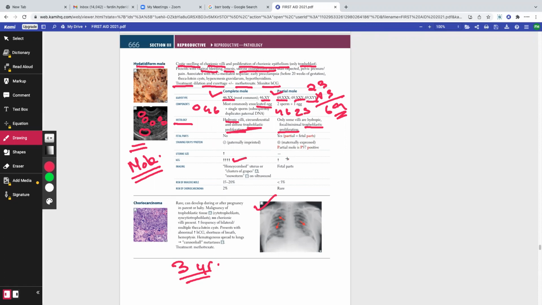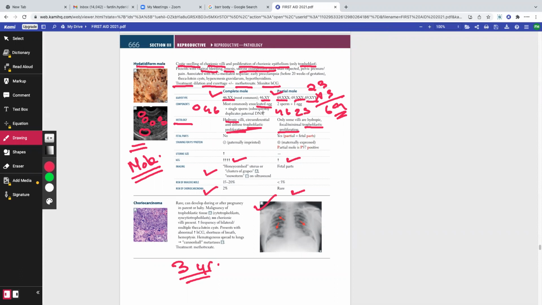Okay. Risk of invasion and turning into carcinomas is higher in complete mole or partial mole? That is, they're higher in complete mole than partial mole. And forming choriocarcinomas, right? Choriocarcinomas are also more likely. So patients can have a honeycomb uterus or snowstorm appearance of the uterus, or snowstorm appearance of the lungs in case of a choriocarcinoma. So that's it.